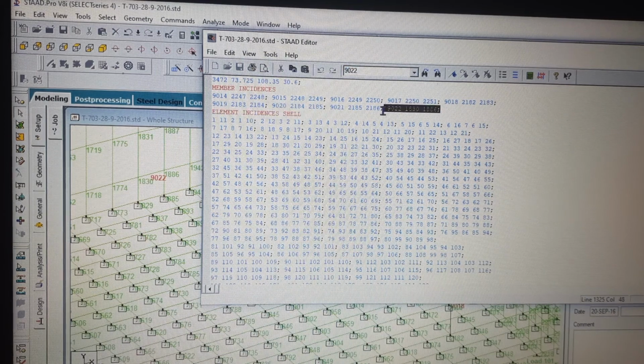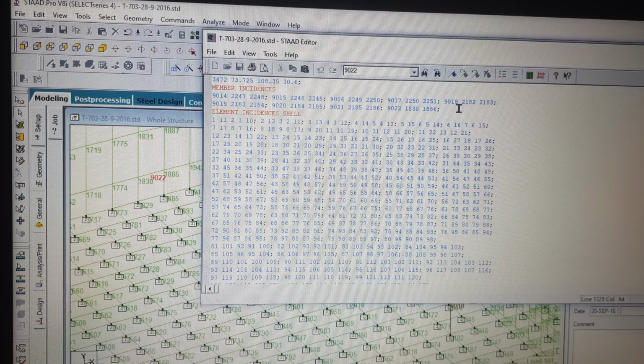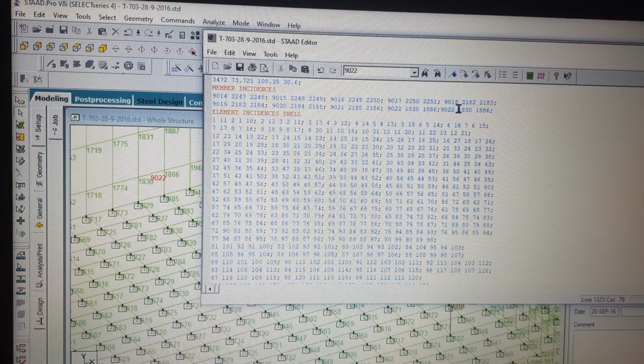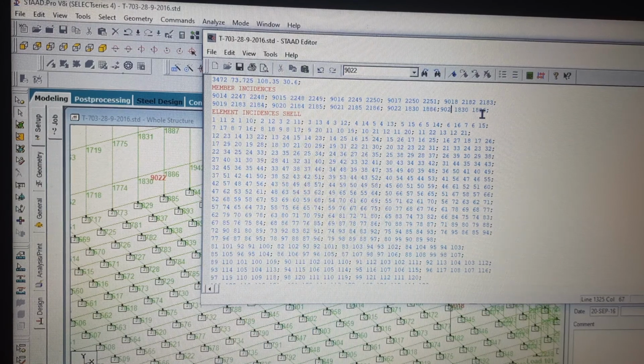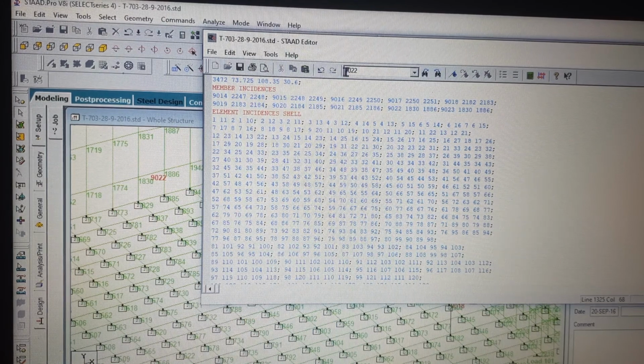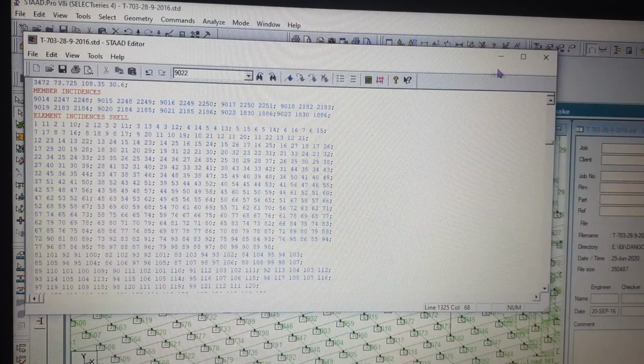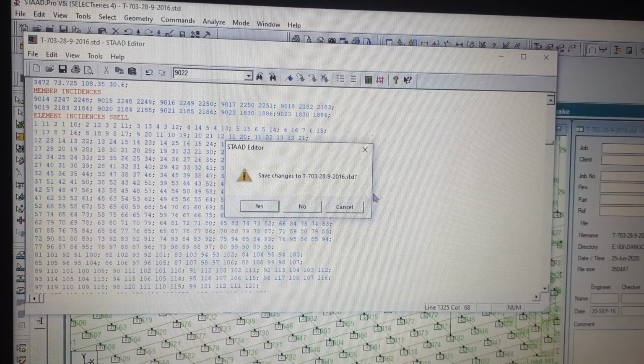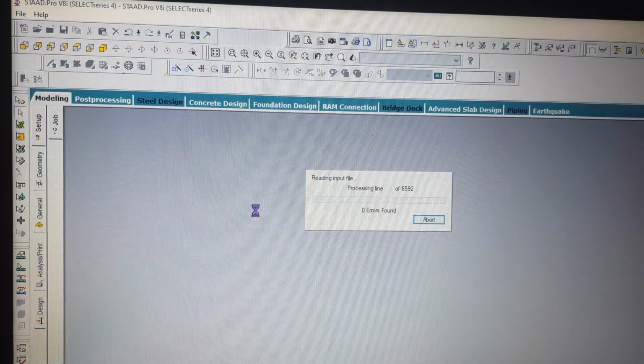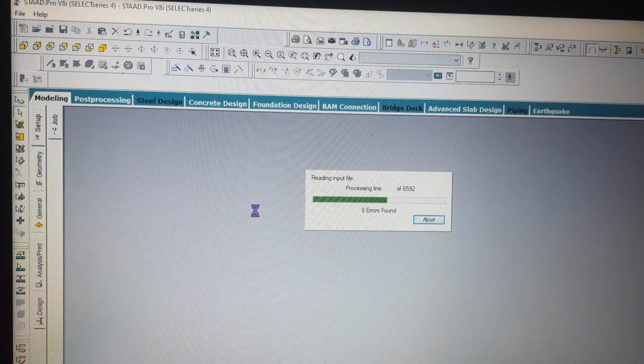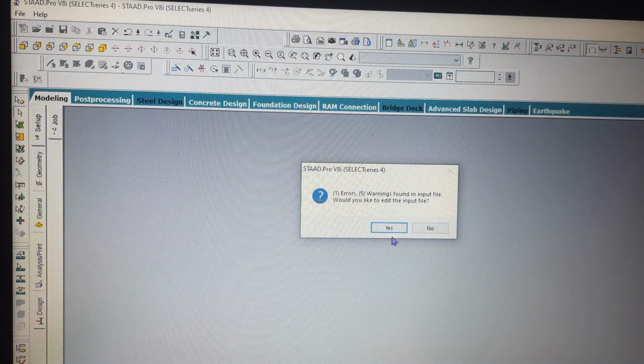Suppose I am creating another member, 9023, between the same nodes. Give it a name, otherwise STAAD will throw you an error. Now if you save it, you have two members which have the same nodes.